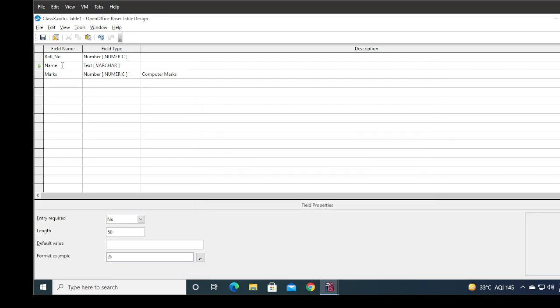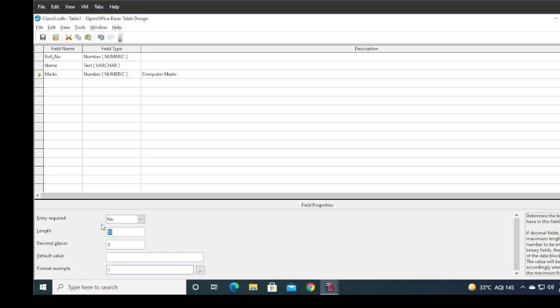Now you can see your second field, name. If you want to specify the length of this name, you can. For example, I am specifying 15 here. If my value is greater than 15 characters, this field will not accept it. So be careful when you decide this length. This is your marks. I don't want any field property here, but I set the length to 2, because I have written values like 50, 30, 70, 89, 79, 0. So I am choosing this length. After that, click on the save button.